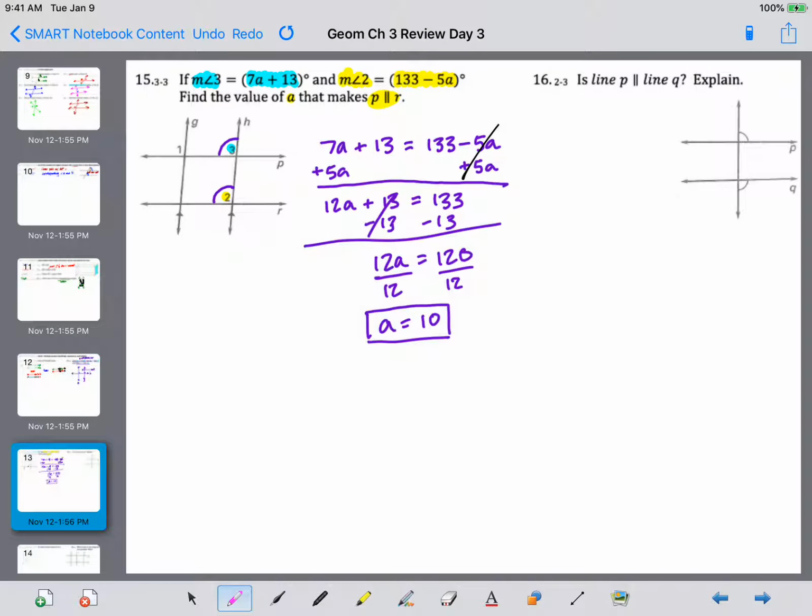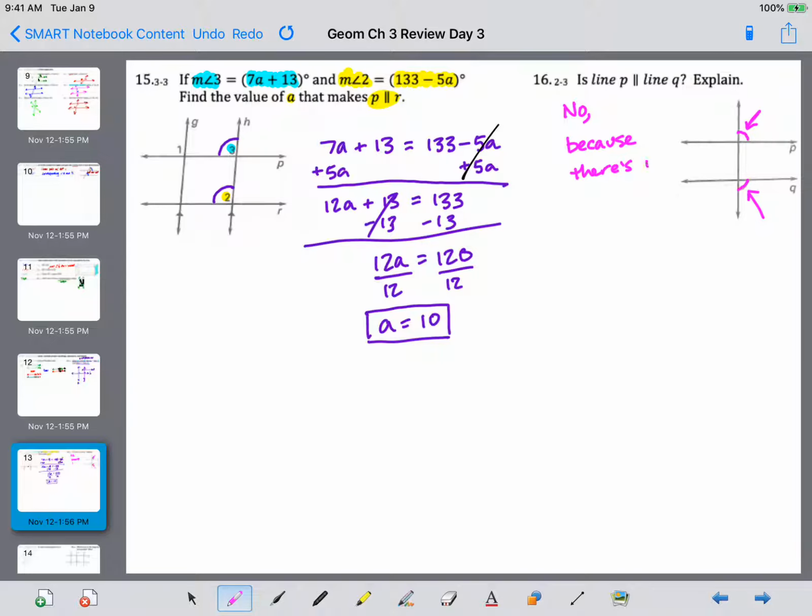Our next example says, is line P parallel to line Q? Well, there's no arrows there, and there's no relationship between these two angles. They're not alternate interiors, they're not alternate exteriors, they're not consecutive interiors, and they're not corresponding. So they don't tell us anything. They also don't tell us that these are 90-degree angles right here, which if they were, we could use theorem 3.12. So we would have to say no, and I would say because